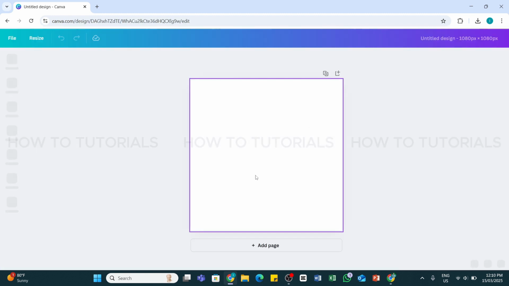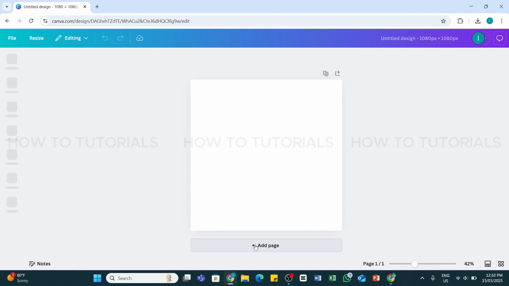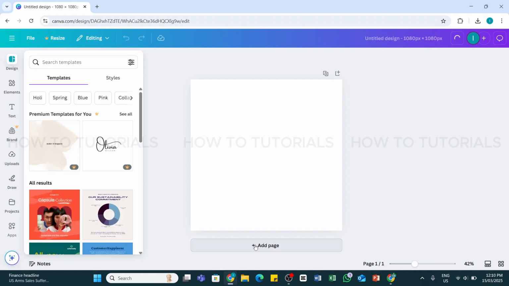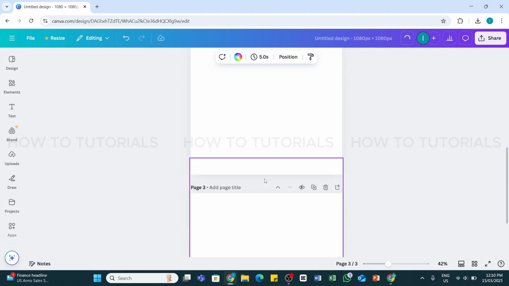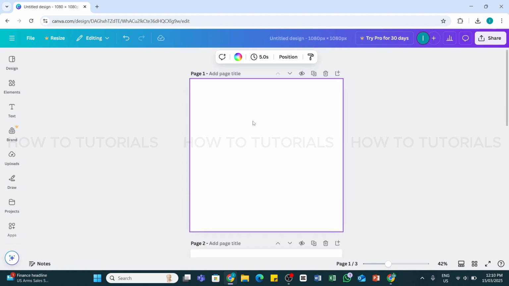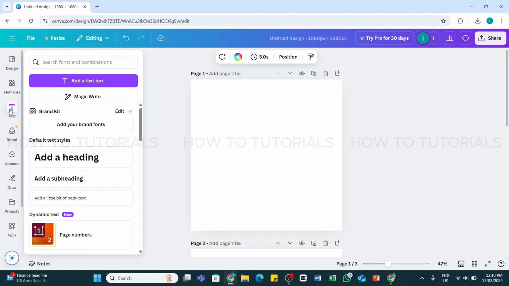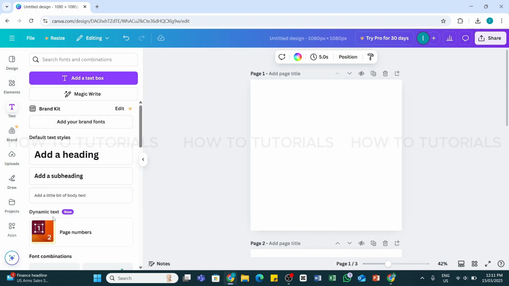Here at the bottom, you'll be able to see Add Pages. Simply click on it and add as many pages as you want. Now after adding them, simply scroll up and select the first page. After that, click on the text option from the left side, and here at the very bottom, you'll be able